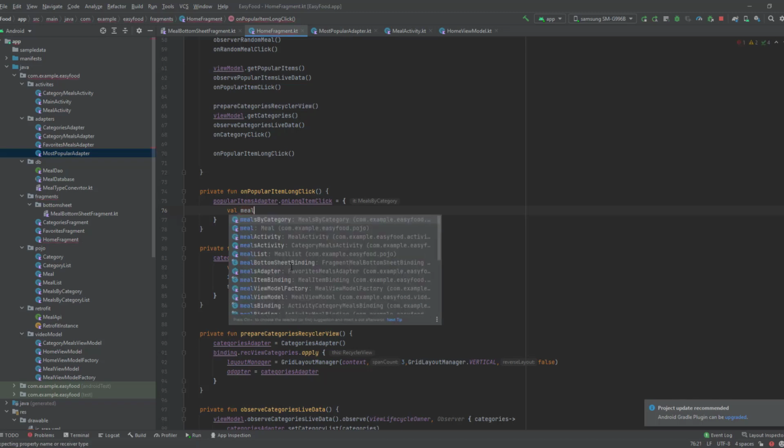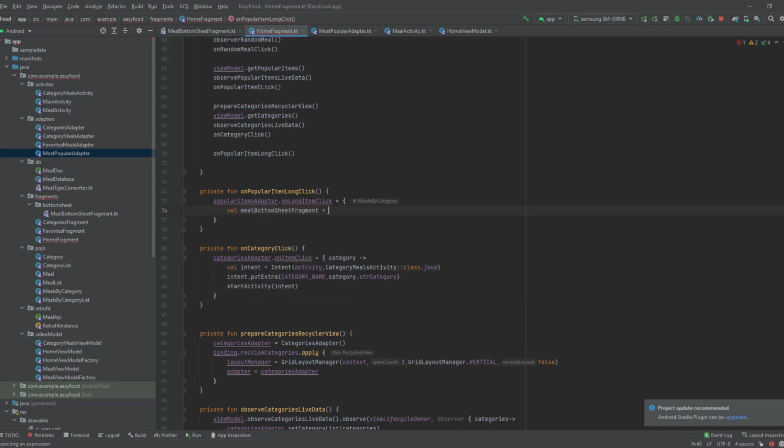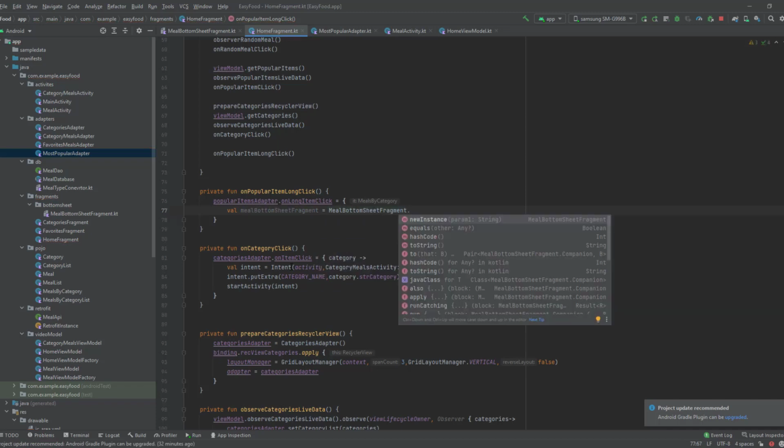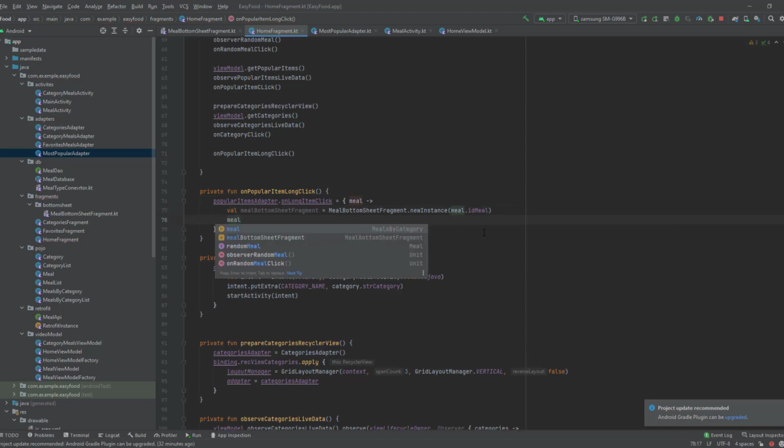So mealBottomSheetFragment equals MealBottomSheetFragment.newInstance. Now in here we're going to pass the ID of our meal. So let me just rename this it and pass the ID in here, idMeal. And after that I'm gonna call the mealBottomSheetFragment